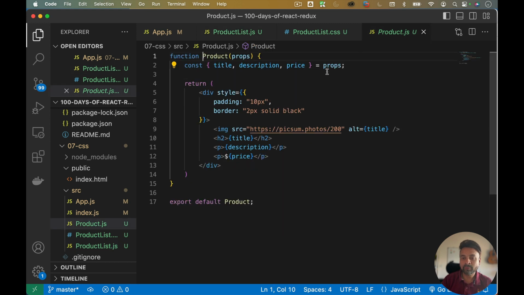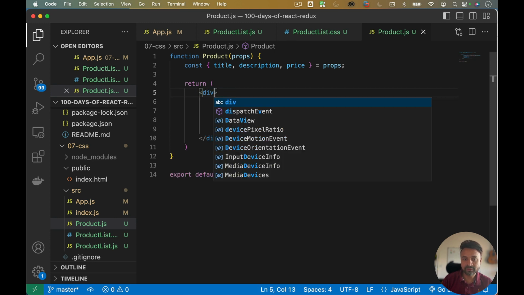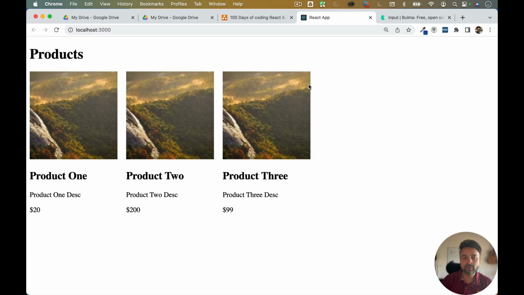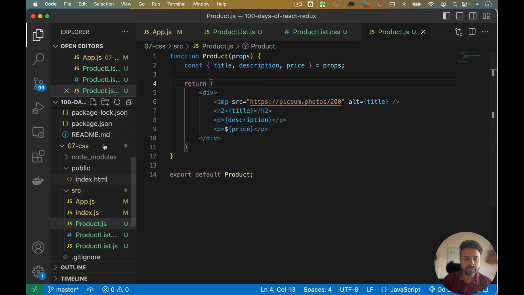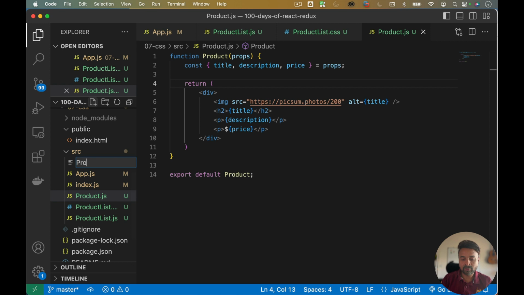Similar thing we can do for the product also. Here I got padding and this one, so I'm going to copy this. Let's remove it from here. Save, and if I go back now, you see that products are not looking good. So I'll create a new CSS file called product.css,